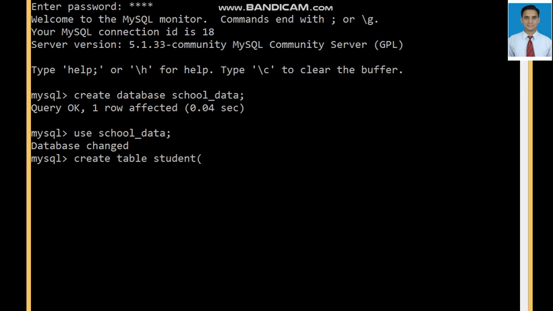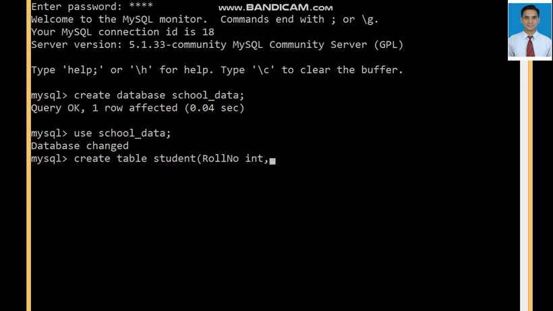The first column will be, for example, admission number, or we will take the first column as roll number. The roll number is an integer value. One roll number can be 1, 2, 3, 4, 5, means it's a numerical value, so we will keep its data type as int.